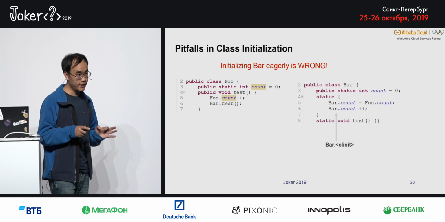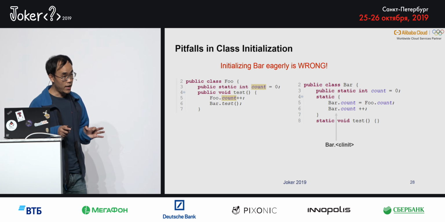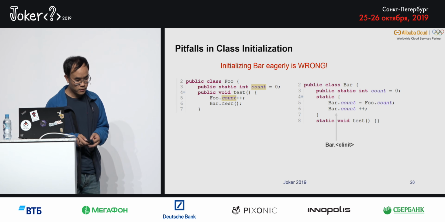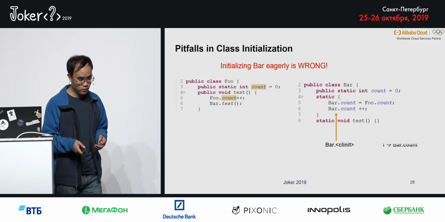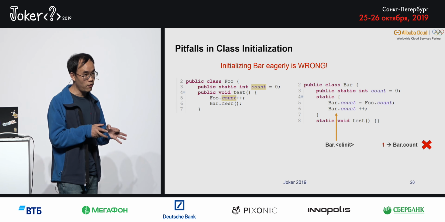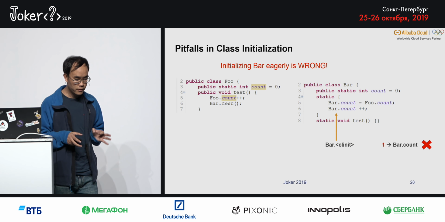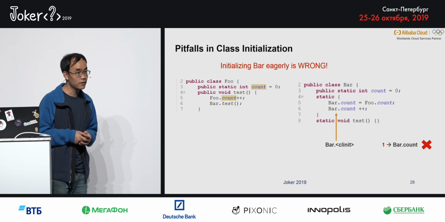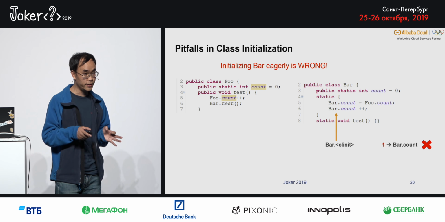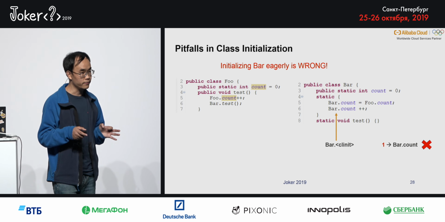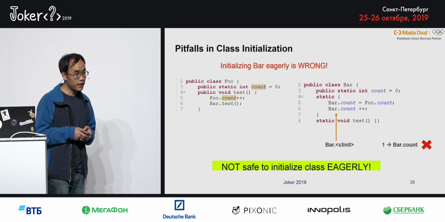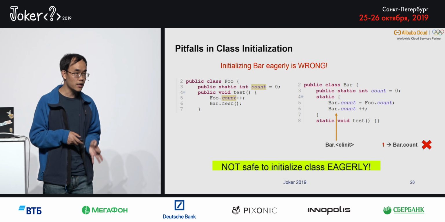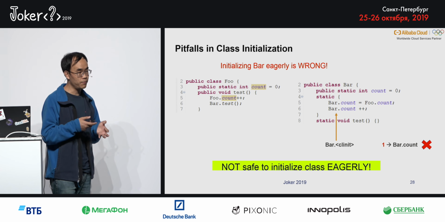It means the JVM just calls bar's clinit directly, but without calling the full test method. So what's the problem? If the JVM just initializes bar eagerly, then the result of bar count is 1, right? The problem here is this result is different from the normal execution. That's the problem. So the key conclusion is it's not safe to initialize classes eagerly. We need to have some other